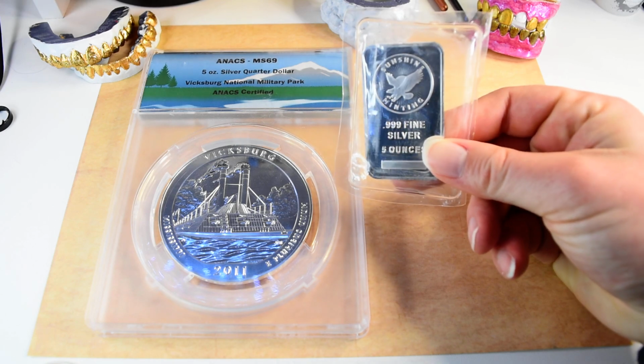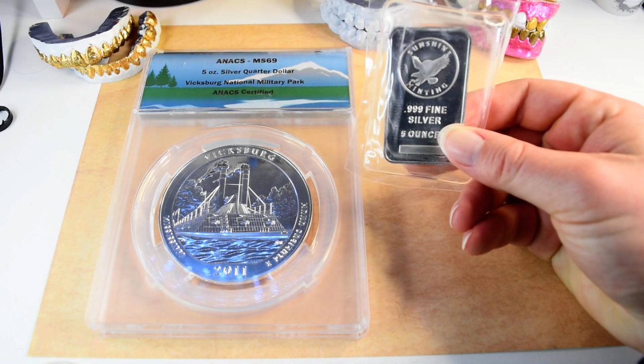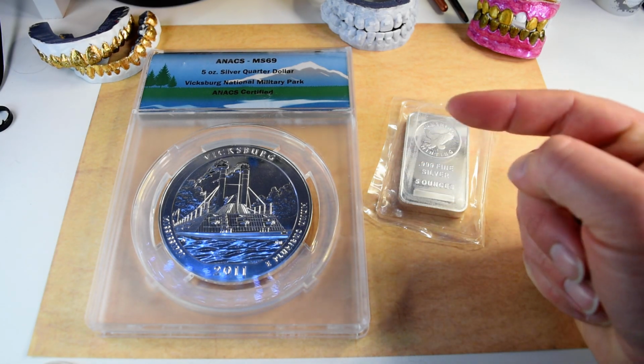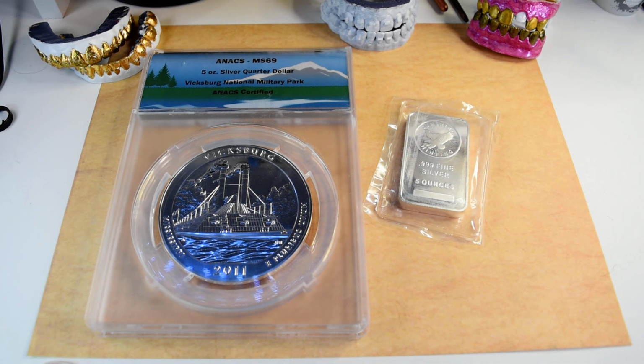Now, what's the cost of this right now? Probably in the neighborhood of $120, $130. What's the price of this? $160. So it's a $40 difference. I put in a $7 difference, a year apart. The biggest difference with these, and I'm going to keep coming back to that point, is